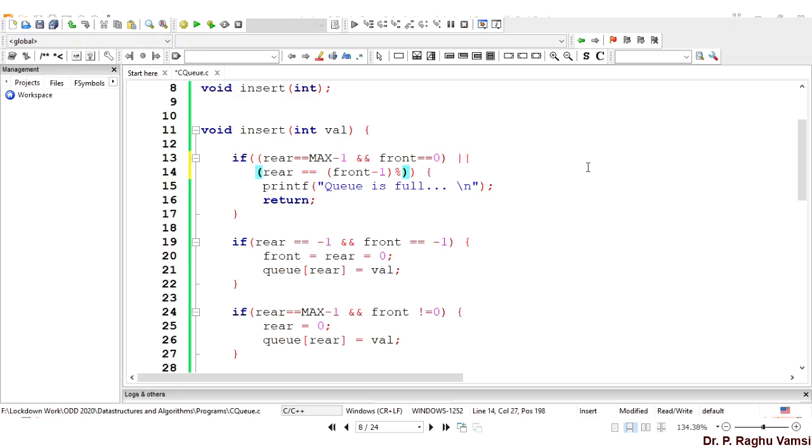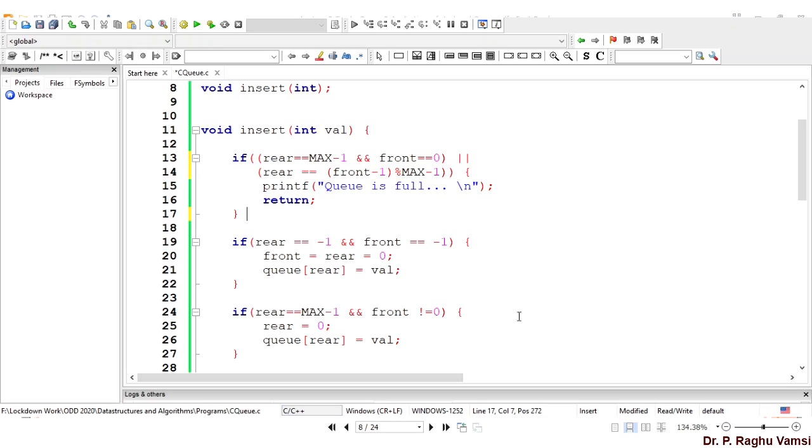And we'll say modulo operation, because modulo operation is better suitable in a mathematical way for calculating irrespective of the value of front, modulo max minus 1. So in this case, it will become the queue is full.